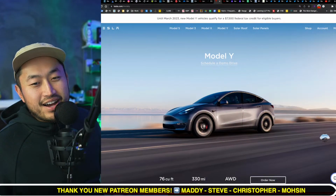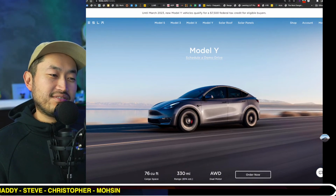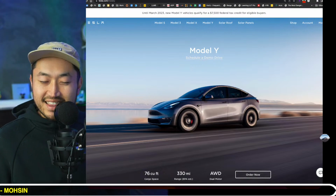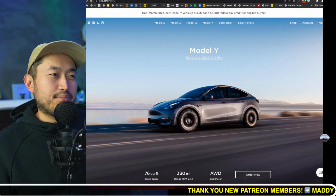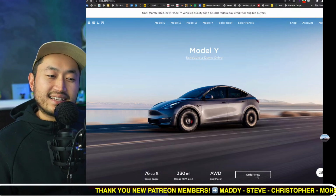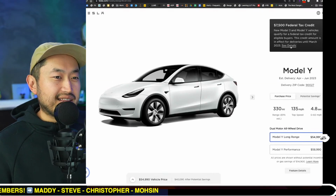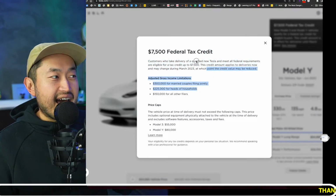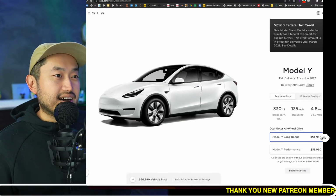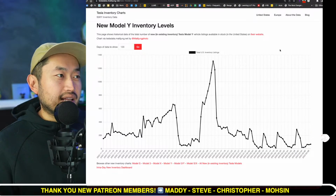All right, so let us just jump into this. So Tesla Model Y, a relatively expensive car. It used to be a lot more expensive until Tesla dropped the price of it $13,000 in January, and then they're slowly raising the price, but they haven't raised the price for at least a couple weeks now. And so that's kind of weird, right? Because we've got this pending $7,500 federal tax credit that could end at any moment, right? We just have no idea on that. But going to our favorite site that tracks inventory levels,